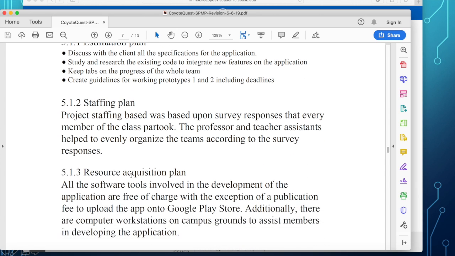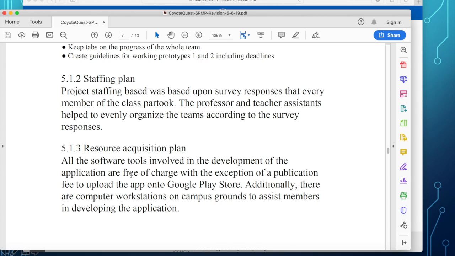Now, staffing. Remember that on the first day of the class, we asked you to fill up a skill survey. So mention that here in the staffing plan. How did we arrive at the different teams and assignment of projects? We did that through a skill survey form that everybody filled up, and we have an algorithm to determine which is the best project you will join.